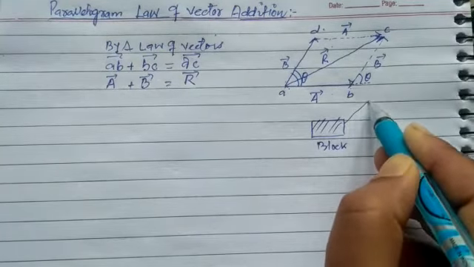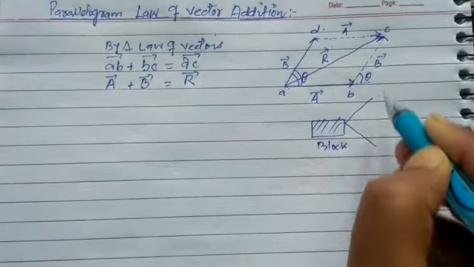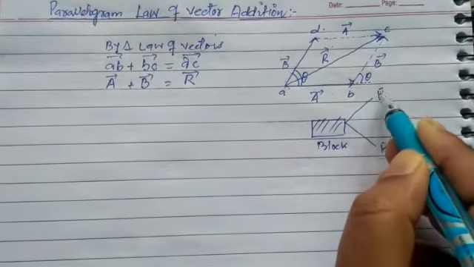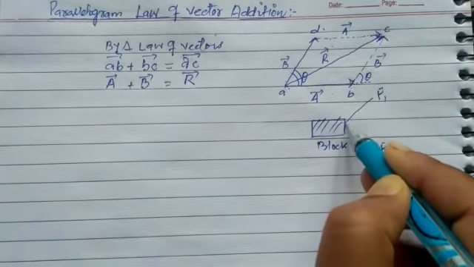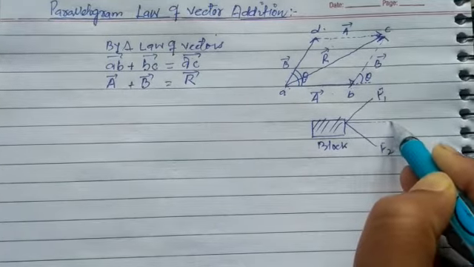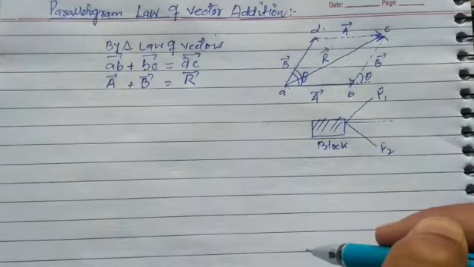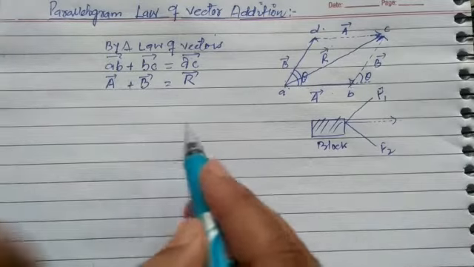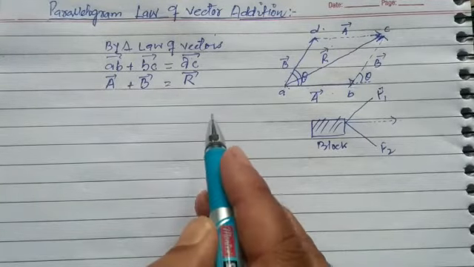If one force is like this, one force is like this. This is F1, this is F2. The block is neither going to move in this very direction nor this, but it is going to move in between direction. This is the resultant direction. So here we can apply this very parallelogram law of vectors. Now in order to calculate the magnitude, we have to follow the same as we have followed in the triangle law.